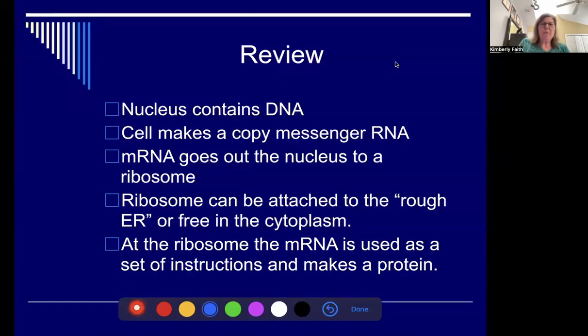So for the endomembrane systems, remember the nucleus contains the DNA. The cell is going to make a copy of the DNA called messenger RNA. The messenger RNA goes out of the nucleus to a ribosome. The ribosome can be attached to the rough ER or free in the cytoplasm. At the ribosome, the messenger RNA is used as a set of instructions to make the protein,